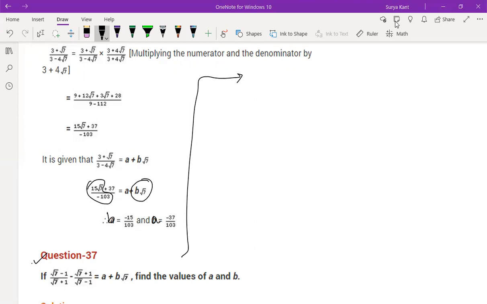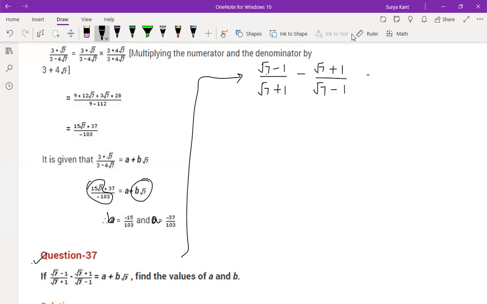So how are you people doing this? Are you separately rationalizing, or how are you doing it? Akshit, how are you doing here? Sir, I'm taking it as LHS analysis. LHS means this complete part you are saying. Yeah, sir, and then multiplying it. So you are rationalizing it. Sir, I'm nearly done. You are rationalizing it, right? Yeah. Without rationalizing, you can't get the answer.